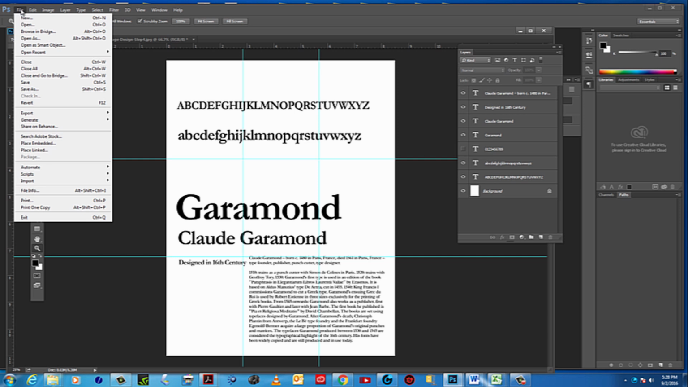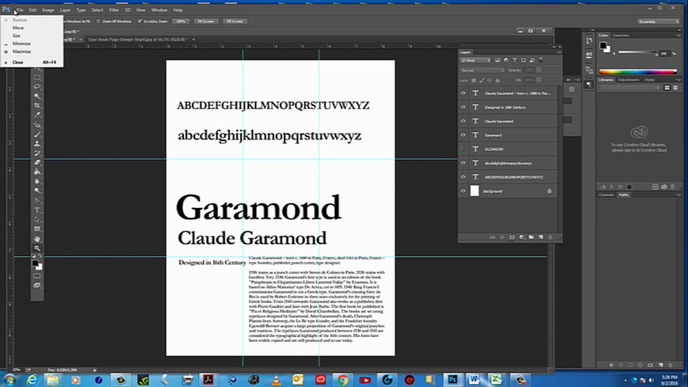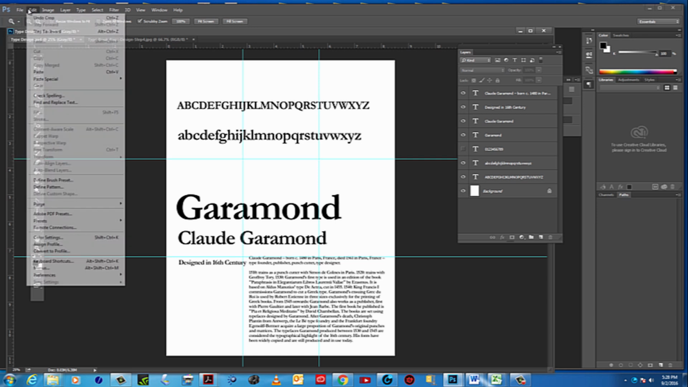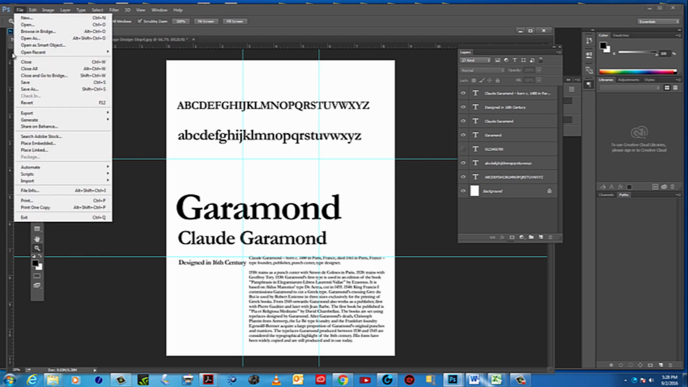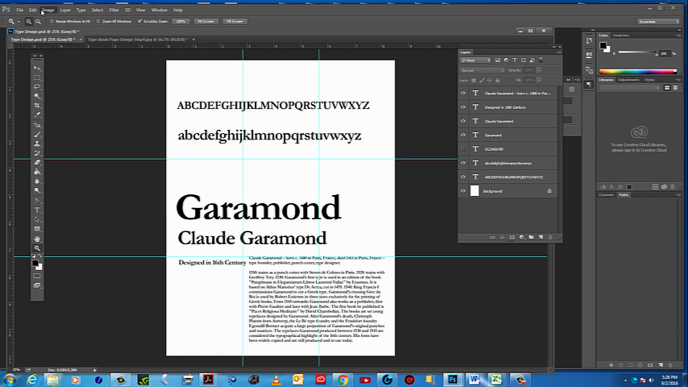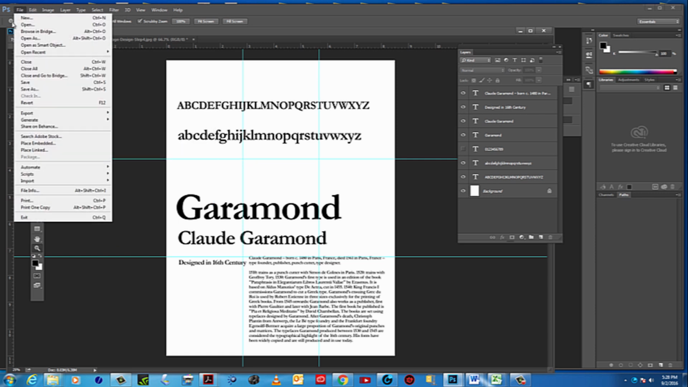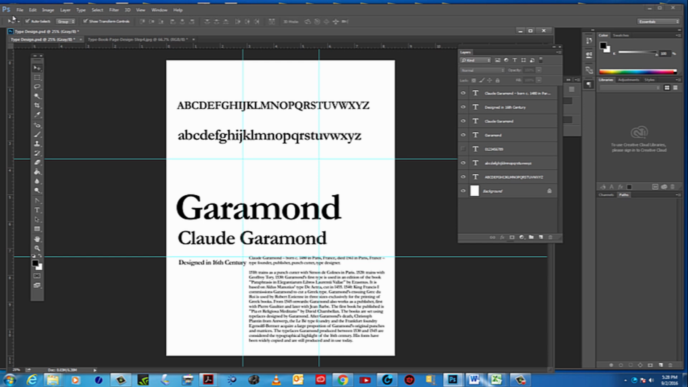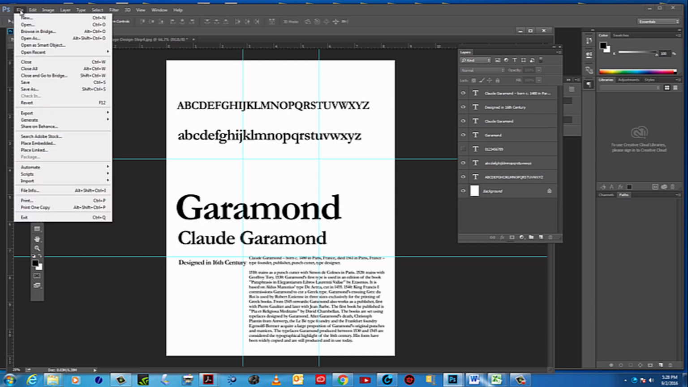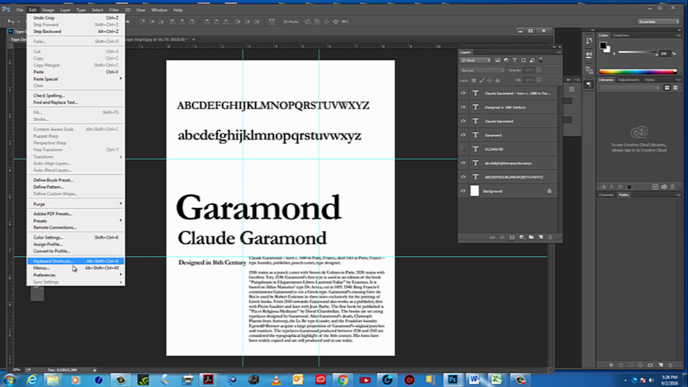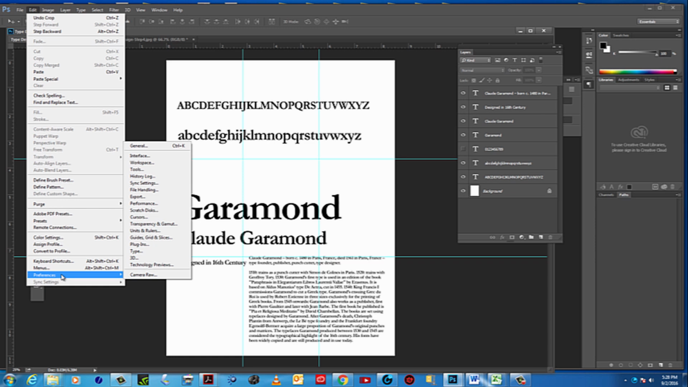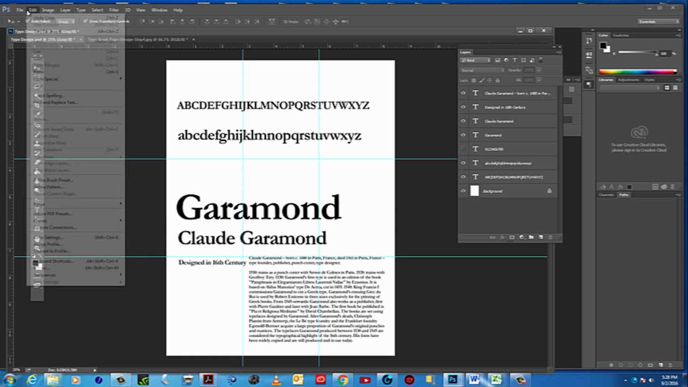We should be able to go to Preferences. Let's see, File, Edit. Where is that? Preferences is way down here in the bottom. Boy, they keep moving it. So you're at Edit, way down in the bottom. So you go to Edit,